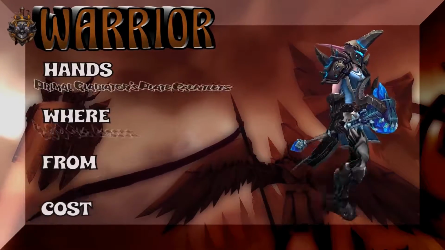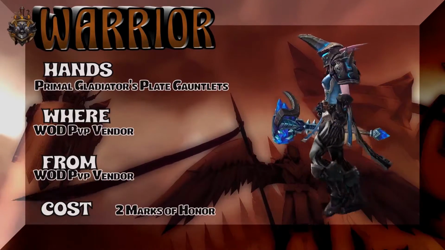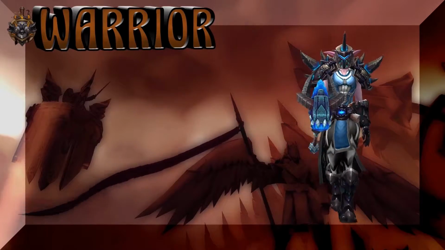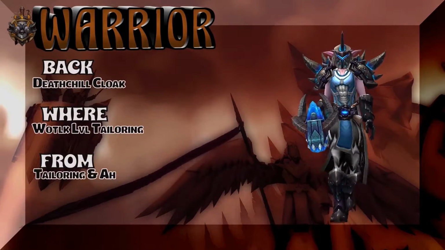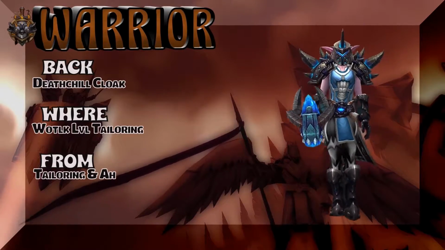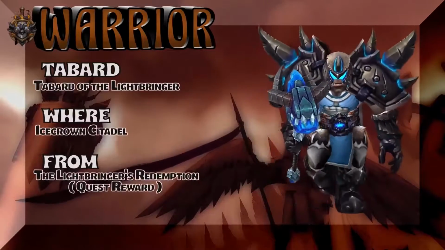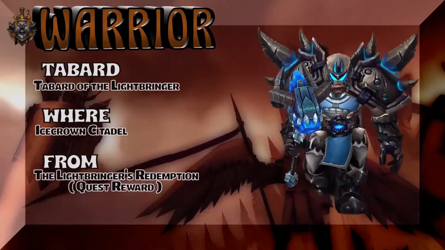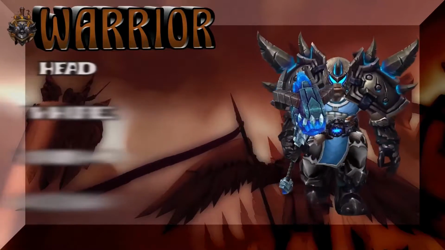Doing the spin, the hands, Primal Gladiator's Plate Gauntlets, WoD PvP vendor, 2 marks of honor. Pretty easy to pick up. The back is Deathchill Cloak, Wrath of the Lich King level tailoring. You can buy it on the auction house as well. The Tabard of the Lightbringer. It's a quest reward if someone does